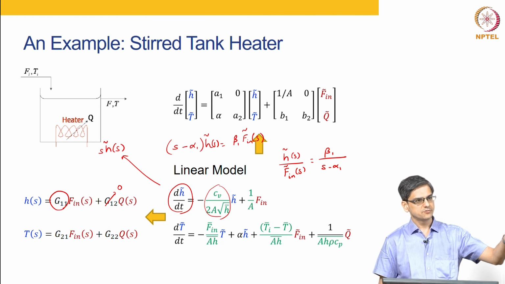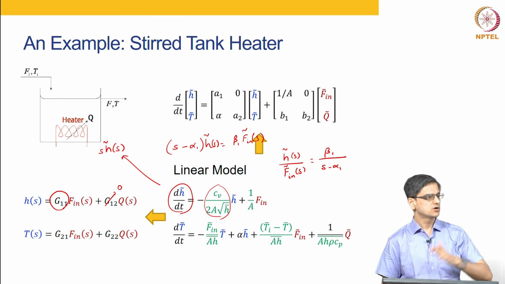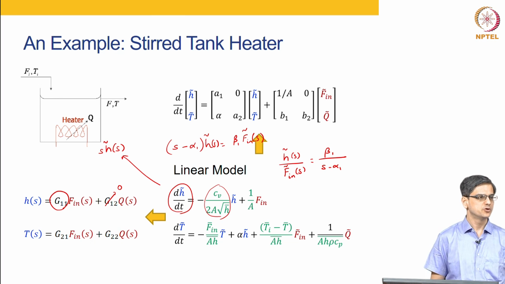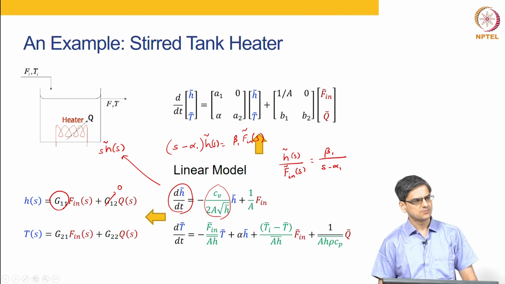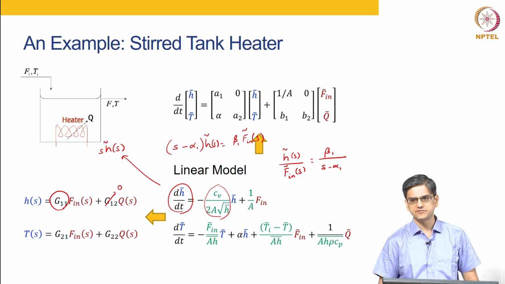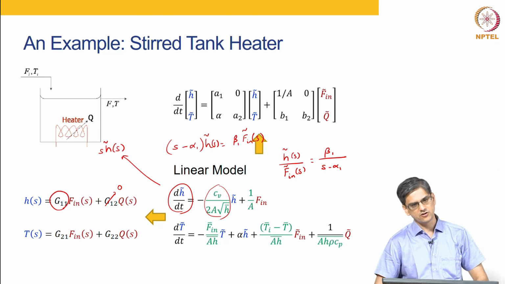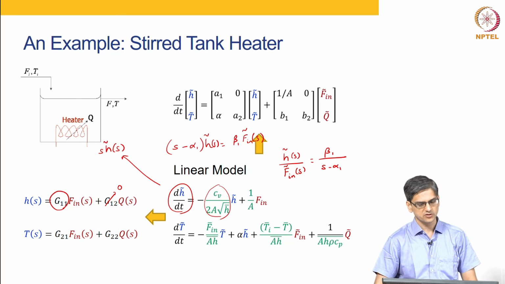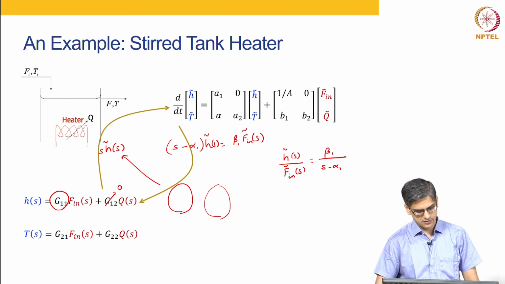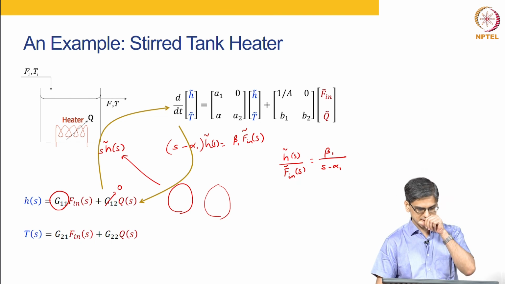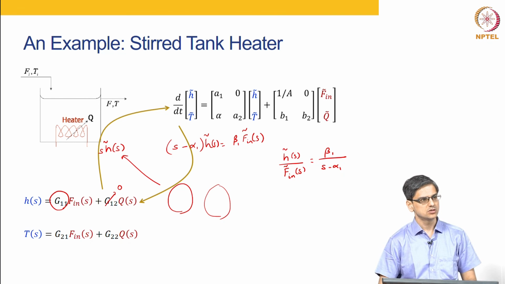When you have a non-linear equation, you linearize it to get a linear state space model. When you get a linear state space model, you do a Laplace transform. You have been doing Laplace transform of SISO systems. We will also be talking very quickly about how to do Laplace transform of a MIMO system. It is very straightforward. Most of you would have already done it, some of you may not have. There is a way to go from a transfer function model to a state space model, and a way to go from a state space model to a transfer function model. We will talk about that as well.